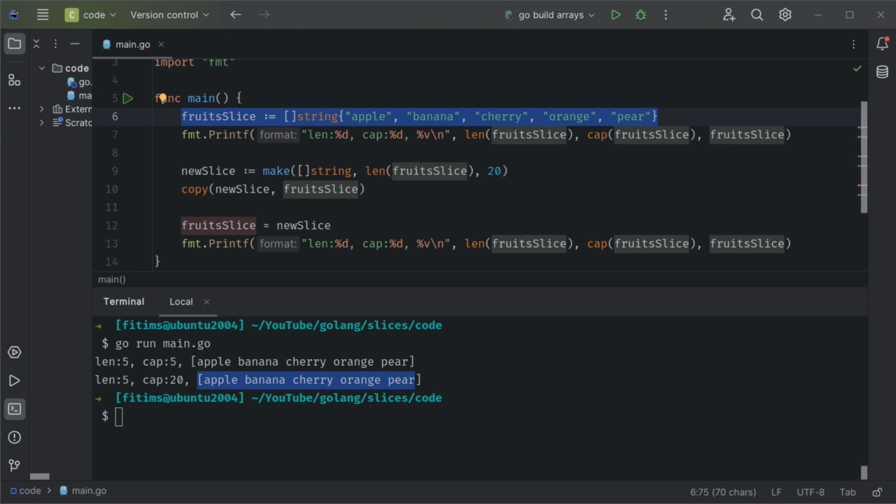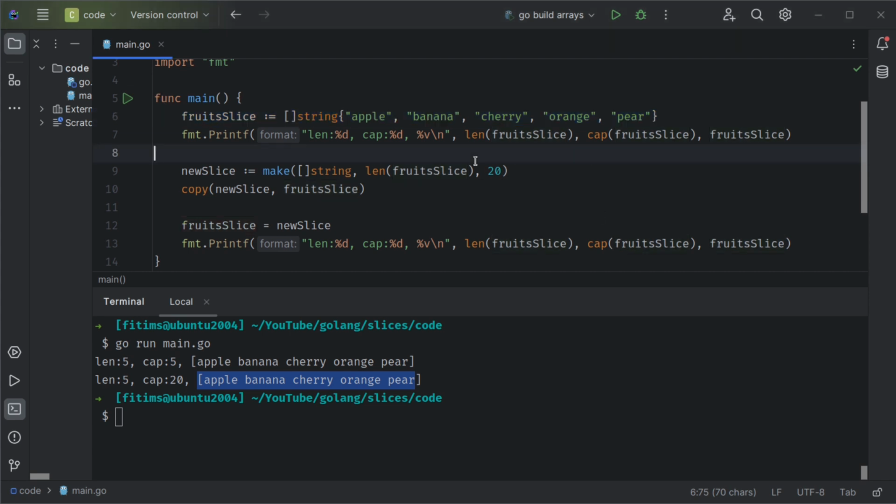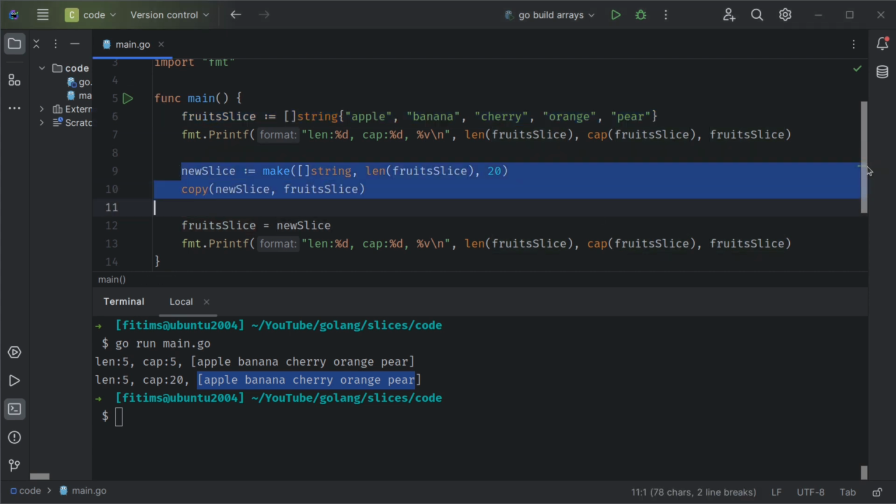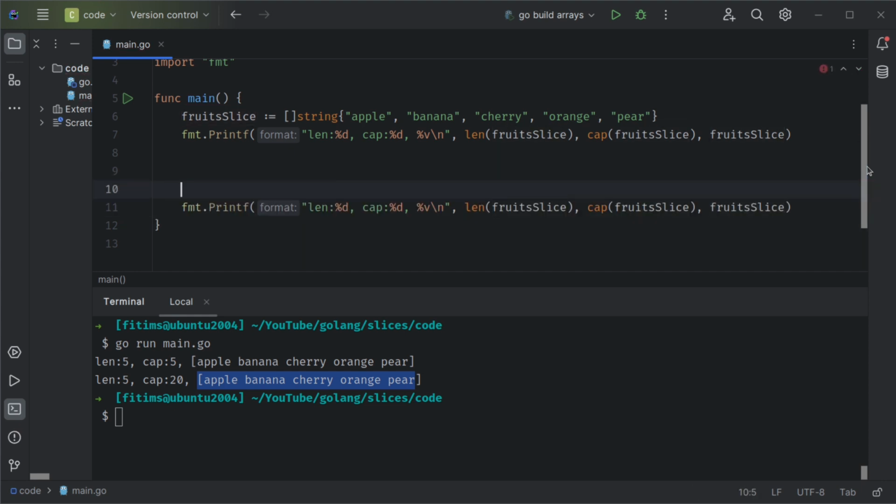appended elements. If the original slice does not have enough capacity for the new elements to be added, the append function will increase the capacity of the slice, almost exactly the same as we did ourselves in the previous example by using the copy function. So let's append some more fruits to our fruit slice. Let's get rid of these statements, and then let's do fruitSlice equals append fruitSlice, and let's add